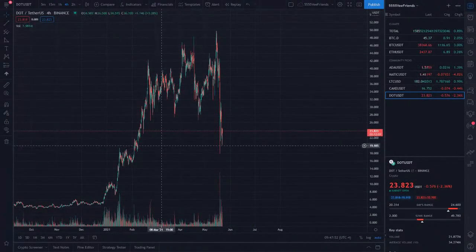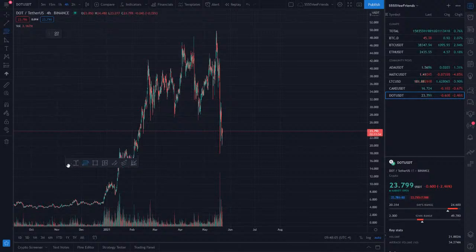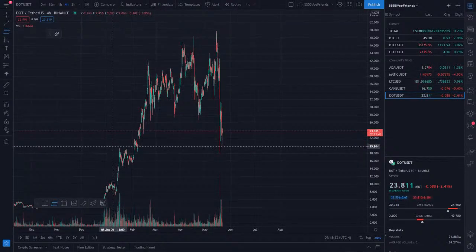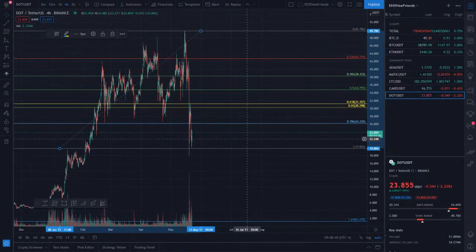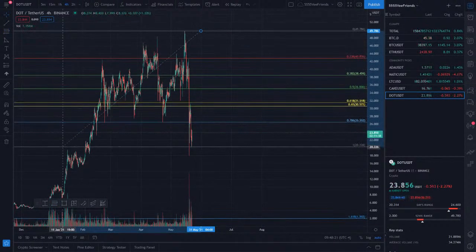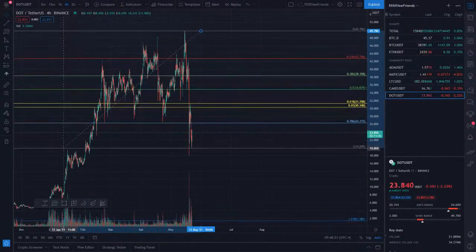All right, so we have clear levels here. I would say from this point, this is going to be a little weird and it's not going to be perfect, so I'm going to call it from this point. Let's see what this looks like. Close. It's not going to be perfect, but we do have data here.